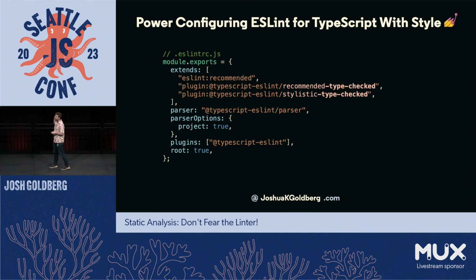Anyway, so we have a bunch of linter plus type checker rules, the type-checked rules. They don't get turned on for you by default in the recommended config because they require a little bit of configuration so that we know the TypeScript compiler options to run with. And because they are slower, they are asking TypeScript. TypeScript is one of the slower parts of your tool chain, typically, unfortunately, compared to all those fancy new Rust things. But if you enable parserOptions.project true to just use the closest tsconfig, then you can start using the type-checked rules.